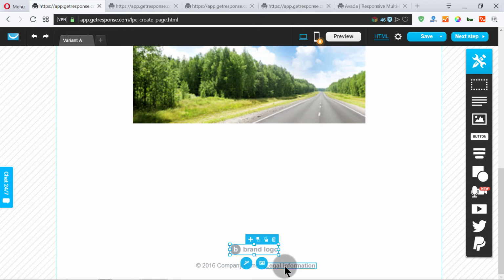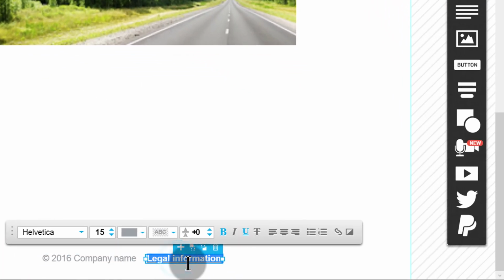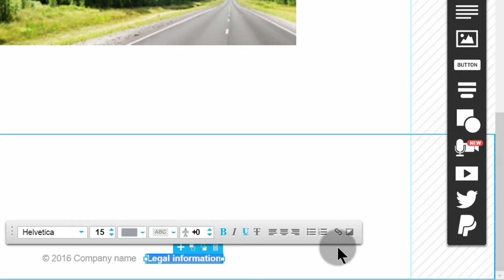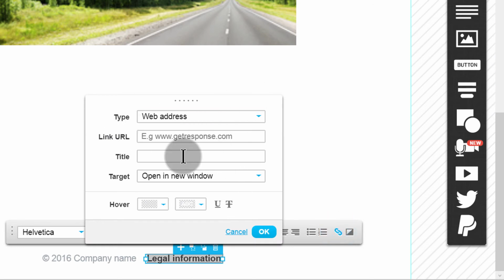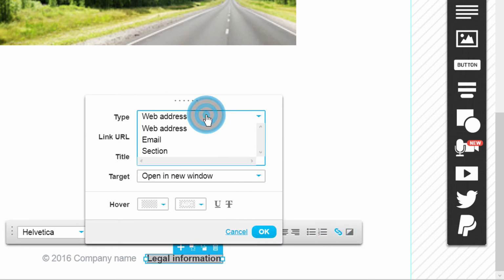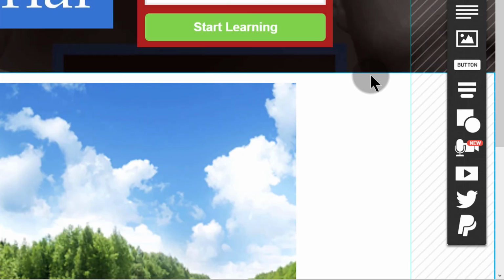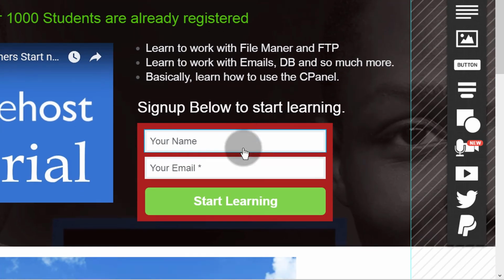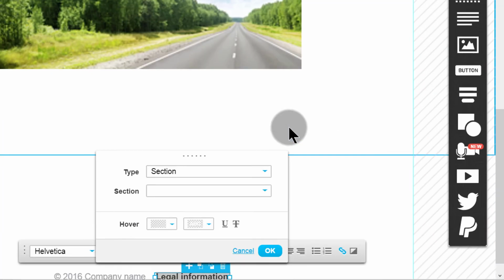Nowadays that seems to be very important. Just put your privacy policy or terms and conditions of the product that you're selling. If you want to add a link on something, just click on it and then you can add your link there. Or you can even create a one-pager element on your landing page. You can do that using sections, maybe about, and then maybe you're using this